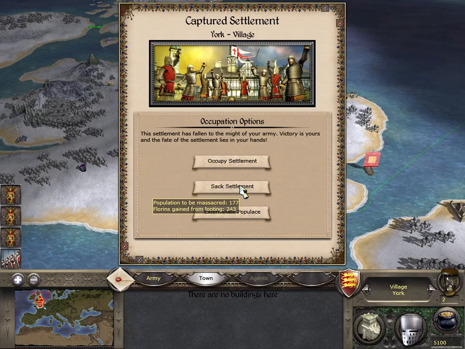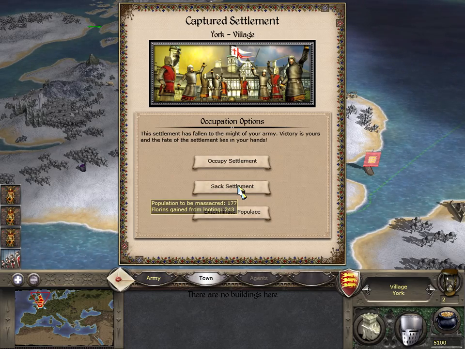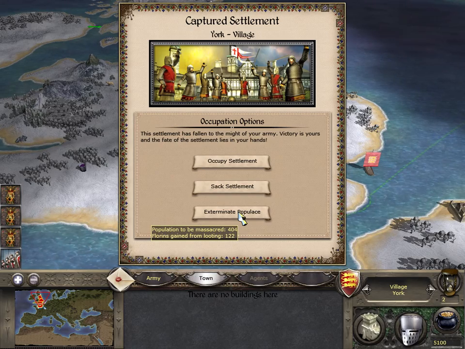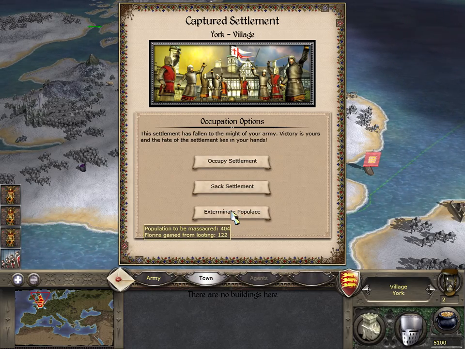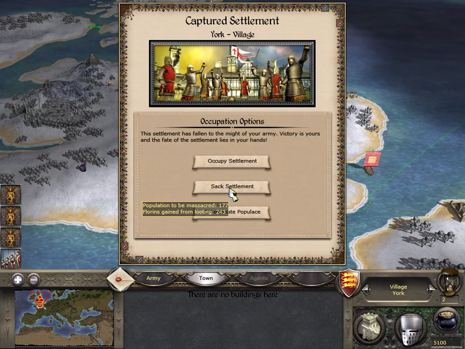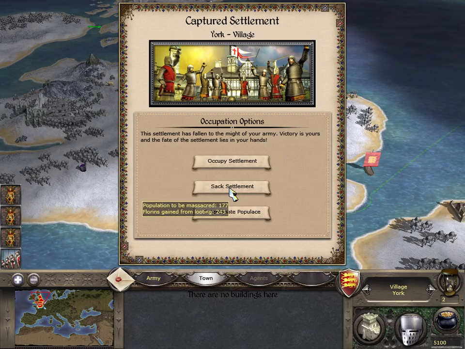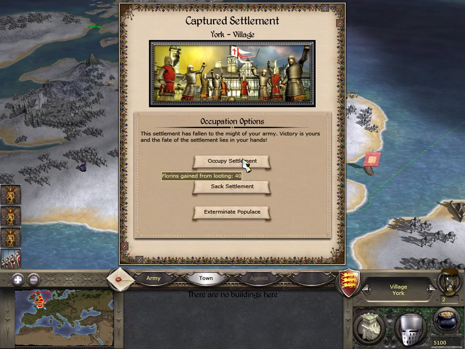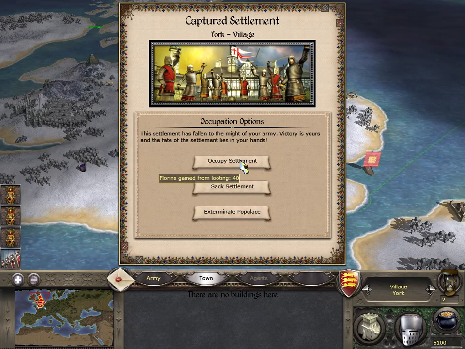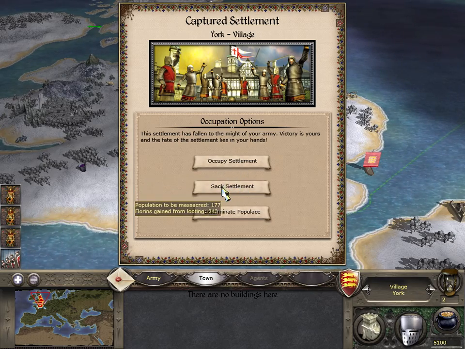You can also sack it, so you can kill some population, and you will earn more money from it. Or you do the extreme, and you don't want to do that. Normally sacking is a good middle option, but as you see, you earn 243. It's not too good, and just occupied gives you 40. For the 200 more florins, I'm not going to sack it, and the reason why is the more you sack